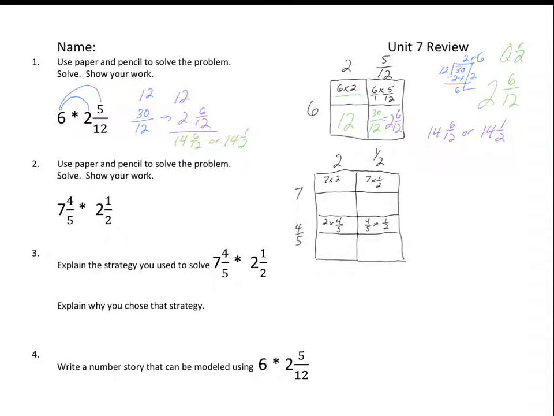Now number 2 is a little more complicated, but the same idea as number 1. Here we are looking at 7 and 4/5 times 2 and a half. Now one strategy used by a few of my students is to change our mixed numbers to improper, multiply straight across, then we divide, and then we turn it back into a mixed number to find our answer. So that would look like our 7 and 4/5 would become 39/5 times 5/2. Now when we multiply straight across, we get a 10 for the denominator, and here we get